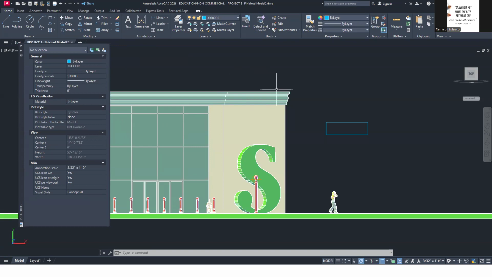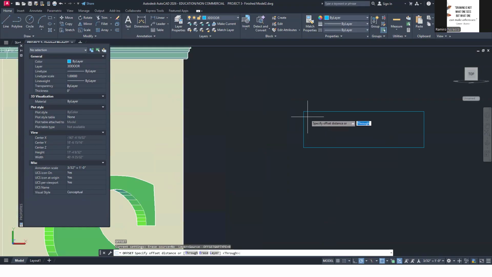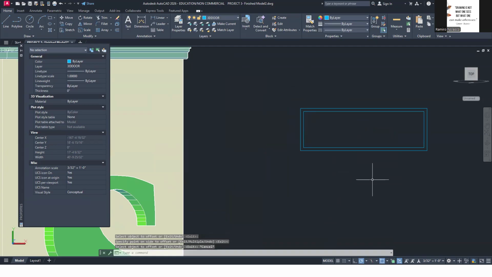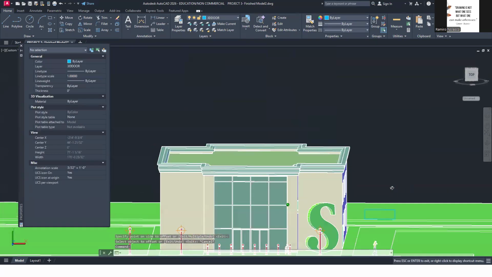Okay? Nice. And then, of course, you can create a frame for this. You can offset this, let's say, by maybe 3 inches. So 3. Okay? So to create a frame, and then you can also then extrude this.